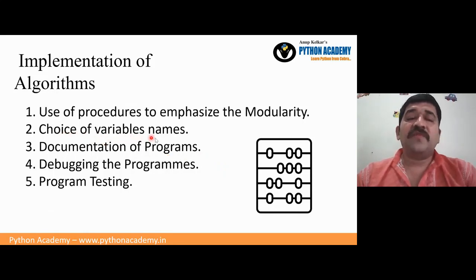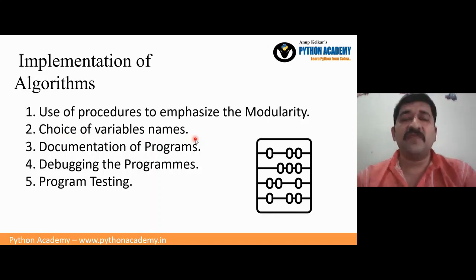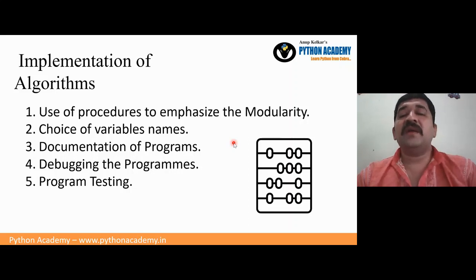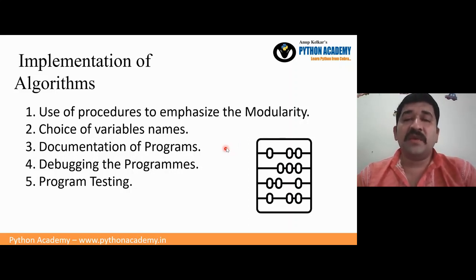Second thing, choice of variable names, because when you work in industry, you cannot have variable names like A B C D E F G H or I J K L M N, because that will not signify what they are used for. So in general, if I am going to use one variable as an integer, you say a underscore integer. That will directly give an idea that it is a and that it is an integer. Again, a will not give a good idea, so say that integer is an employee number, so you say employee number underscore integer.